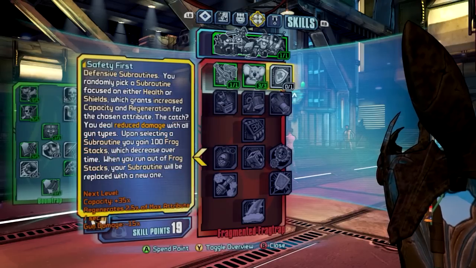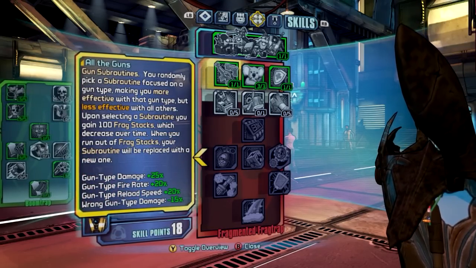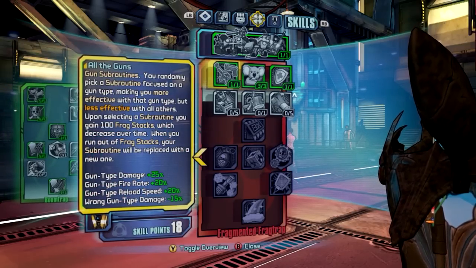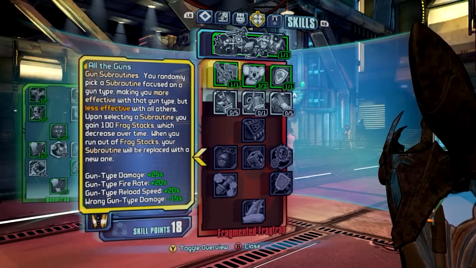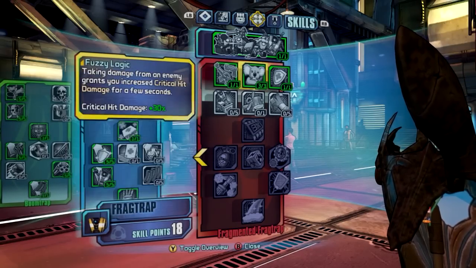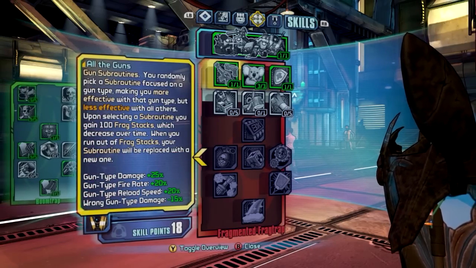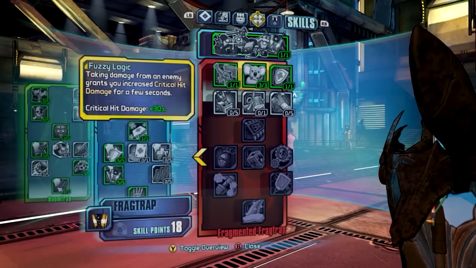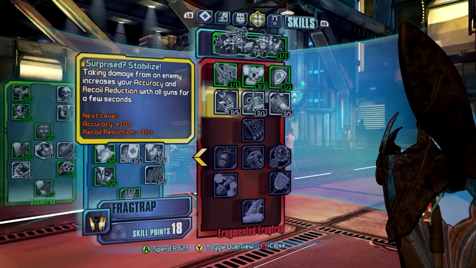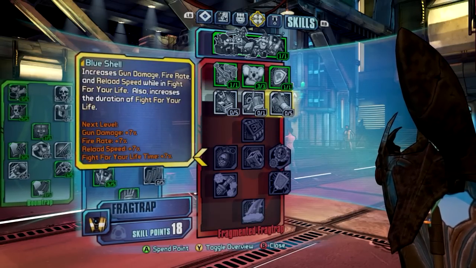And when it says randomly pick them up, it doesn't really mean you randomly pick them up. Basically, when you pick one up, it starts at 100 and then it'll start counting down, and once it reaches 0, you change to the next subroutine and it'll be something random, whether it be the ones you spec'd into. So I actually don't even spec into the melee subroutines or the surprise stabilize